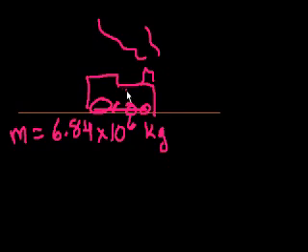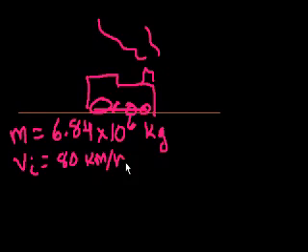It is moving at a speed of 80 kilometers per hour. So we could say its initial velocity, because I think it's going to ask me what happens to its velocity, is equal to 80 kilometers per hour. It's going this way at 80 kilometers per hour. The brakes, which produce a net backward force of, so the brakes are going to pull backwards,